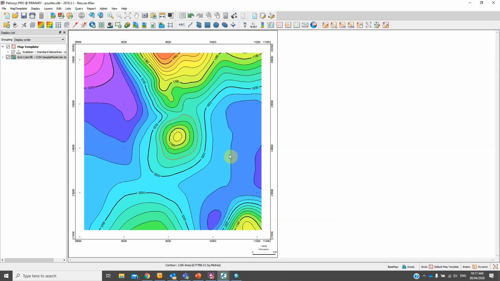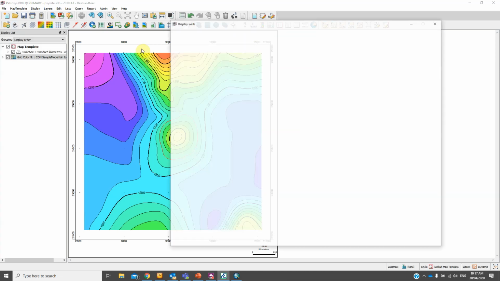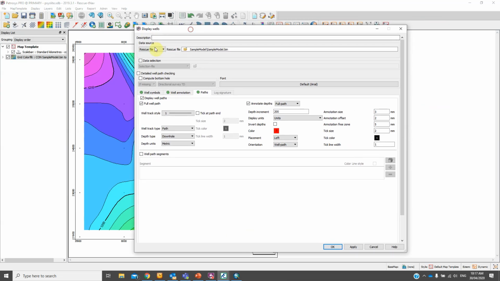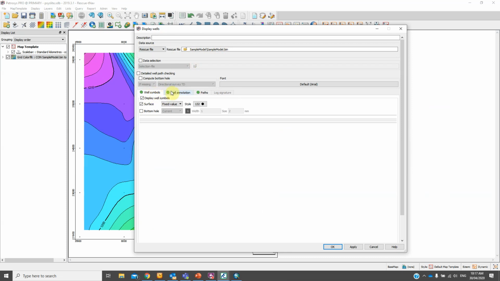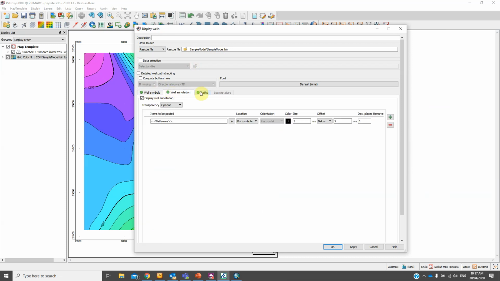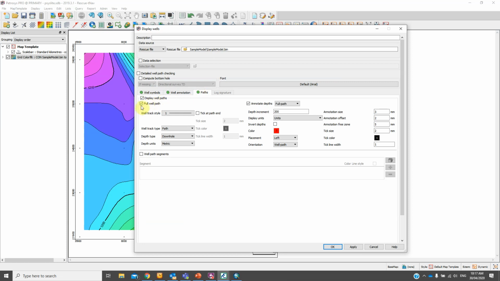So now let's display some well data from the same rescue model. So the same, go to display wells. In this case, I'm going to use the icon for display wells. So similar scenario, in data sources we have now a new source which is rescue file. Same principle, we point to the binary file from that rescue model, and we set some styling parameters like well symbols, wells annotation, path. In this case I'm displaying the full well path,